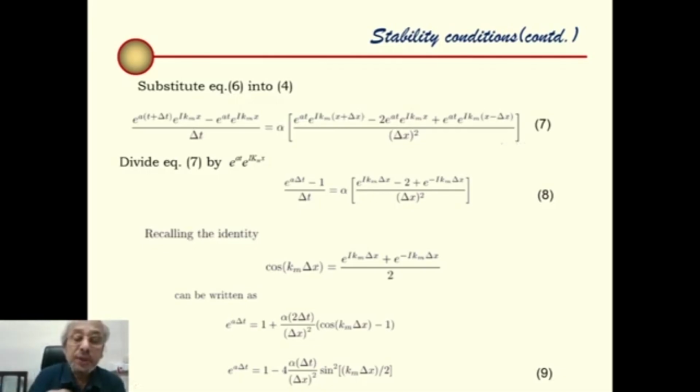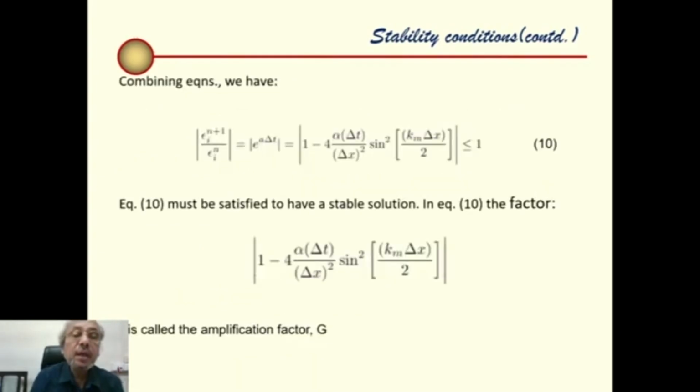This is a trigonometric identity: cos theta minus 1 equals minus twice sine square theta by 2. From there we can write epsilon i in plus 1 divided by epsilon i at nth level, and this is the error quantity. Modulus of this should be less than 1. So this is nothing but e to the power at, and modulus of e to the power at is basically,